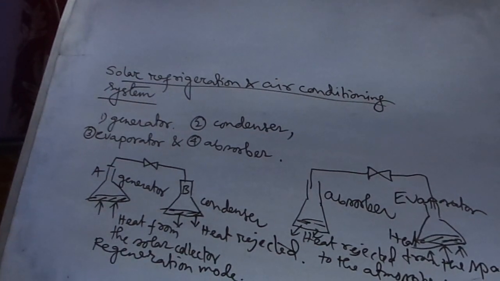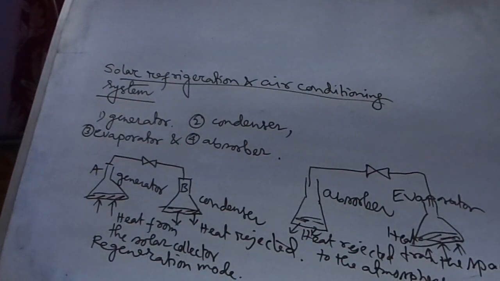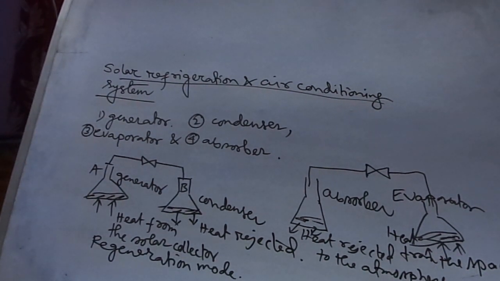The basic principle of operation of an intermittent system is illustrated in these two figures, the intermittent absorption cooling process. Two vessels A and B, containing the absorbent refrigerant solution and pure refrigerant respectively, are connected through a pipe via a throttle valve. Two modes of operation, regeneration and refrigeration, are repeated alternately.